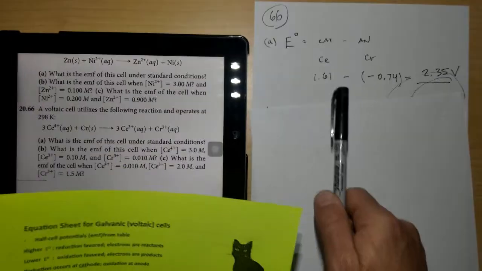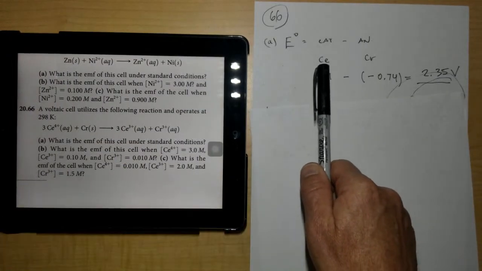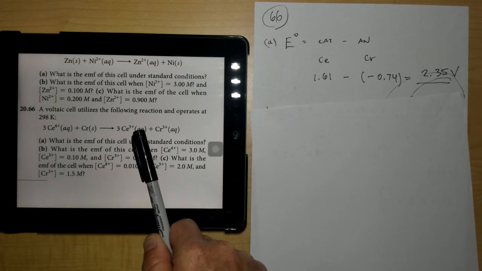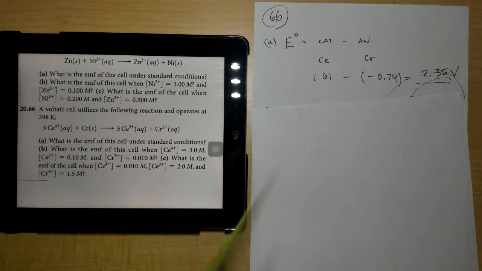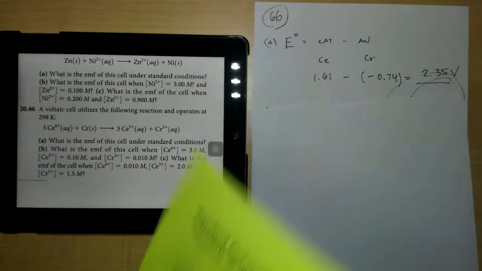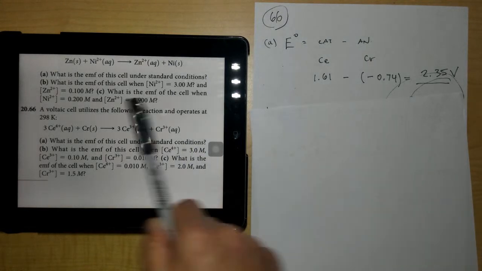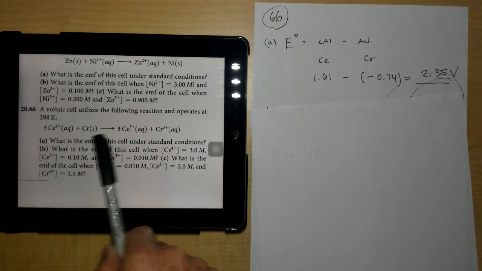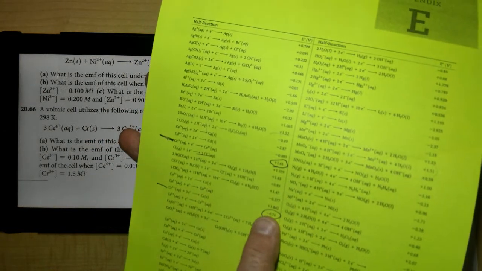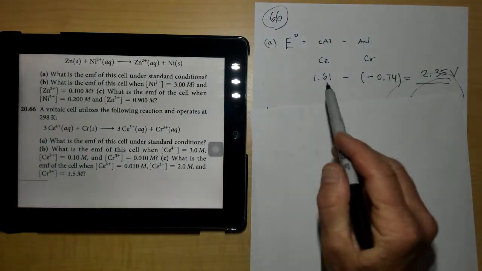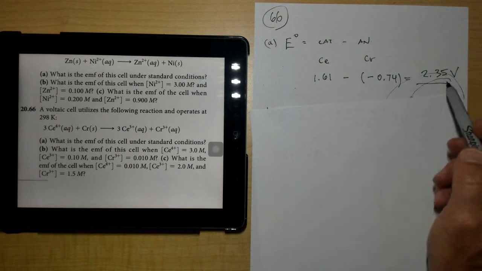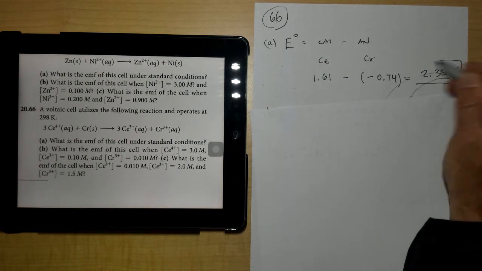And then I would do the one that is reduced, which is cerium. It starts at +4 and goes to +3 first. And if I look up cerium on here, I get cerium as 1.61. And then I look up chromium, because that's the one that's oxidized. It goes from 0 up to +3, and that one is -0.74. So I end up with 1.61 minus a minus 0.74, which is my EMF, or my voltage, at